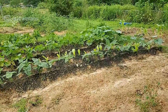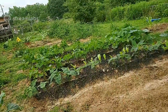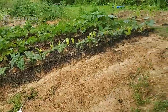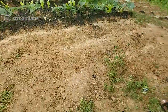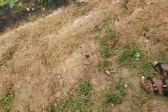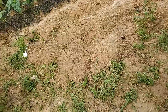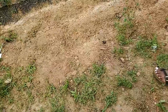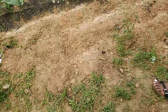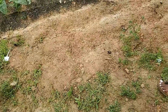You can't just say at the beginning of the season you are amending your soil, and especially you have to know your soil type where you live. Like I live in Georgia, and we have Georgia clay. Look at my soil. This is clay. My soil is very rich, but it also gets very heavy. Every month or 3 weeks, depending on how rainy it is or what the soil looks like,